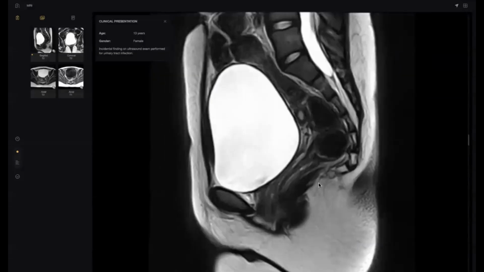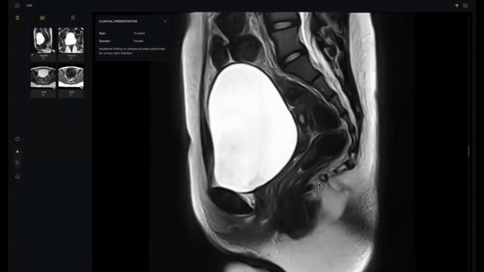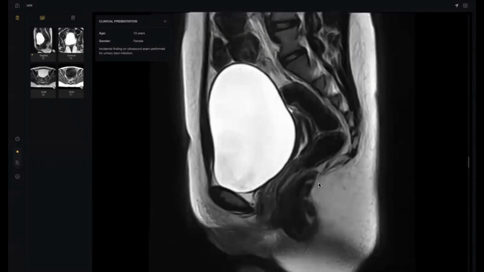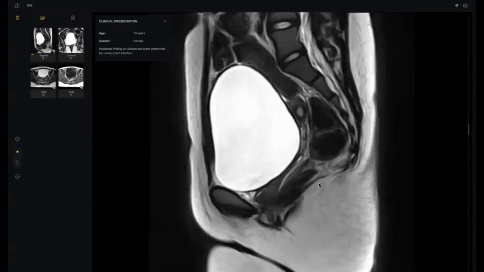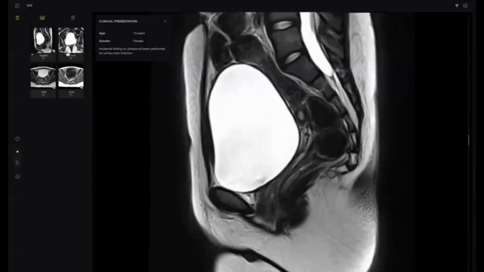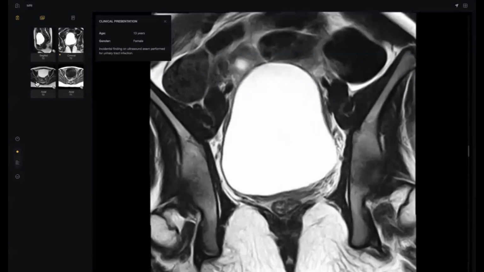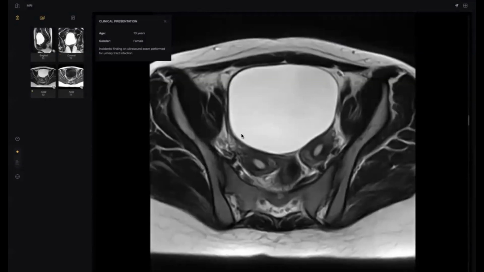And I would also like to see the bilateral kidneys, to look for any hydronephrosis or renal abnormality. Okay. Can you see the axial sections? This is axial. Okay. Yeah. Okay. So